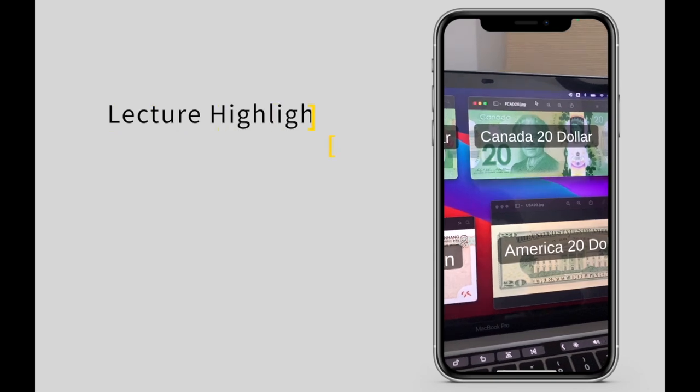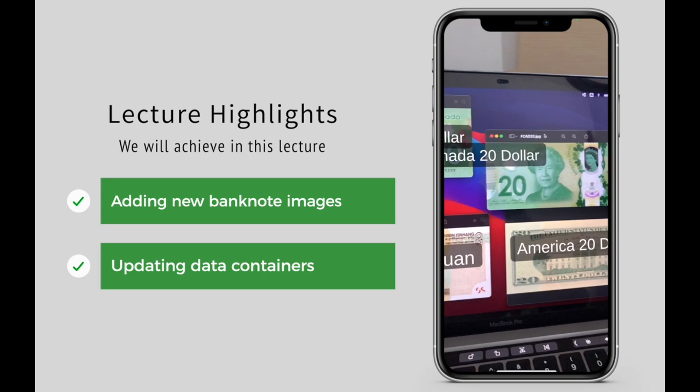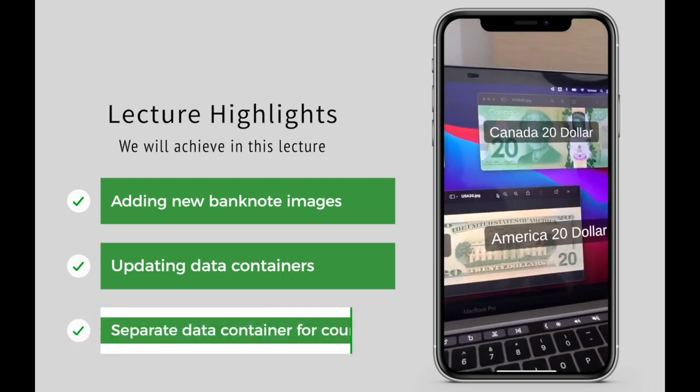In this lecture, we will be adding a new currency without writing a single line of code and expanding the data containers. And these are the highlights of this lecture. First, we will be adding new banknote images, updating the data containers, and creating a separate data container